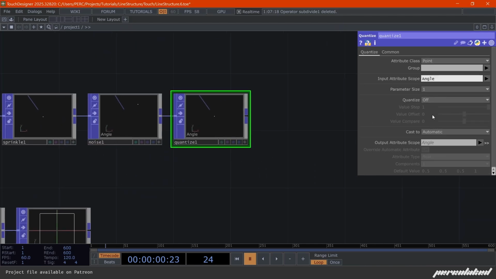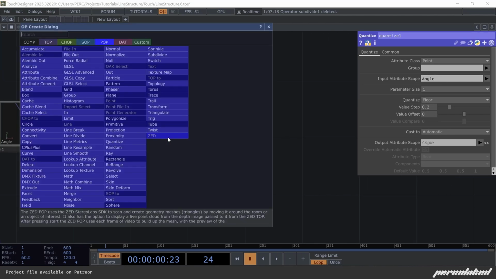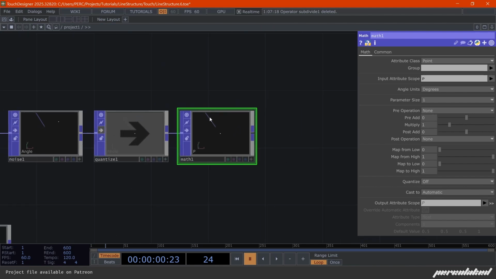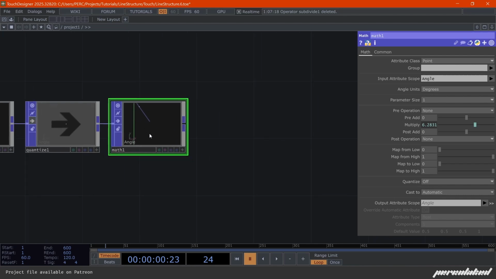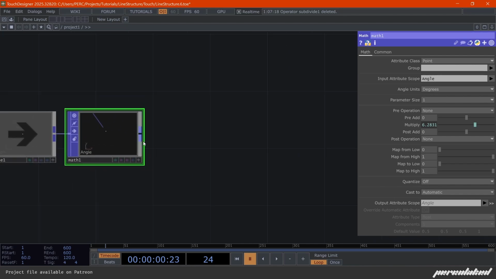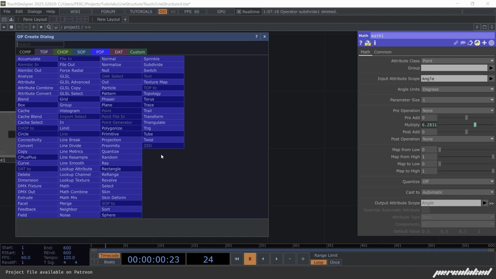Quantize the angle with floor, and well, I'm gonna bypass this for now, and we need to change the range from 0 to 1 into angles, so radians, which is 0 to 2 pi, so math of pi times 2. We multiply our angle, and now we have this angle, and we can create a vector that points in a direction. So let's create a new attribute